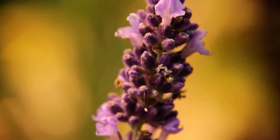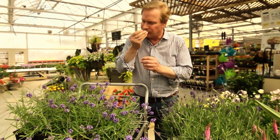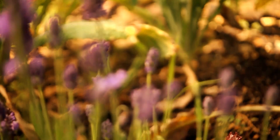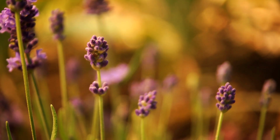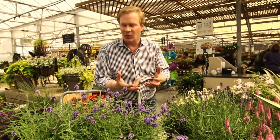but for me, it's touching the leaves and getting that clean, beautiful aroma that makes it so special. Such a wonderful plant that you want to have in your garden. And it's because of the essential oils that are in the stems, well, in every part of the plant that gives it that aroma. Now, I gotta admit, I struggle with growing lavender because it really likes a sandy soil,